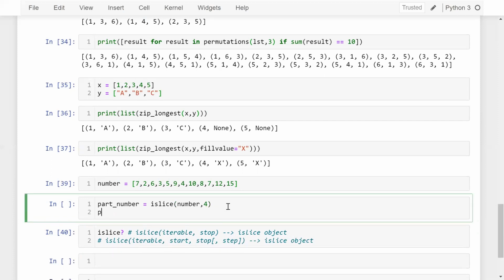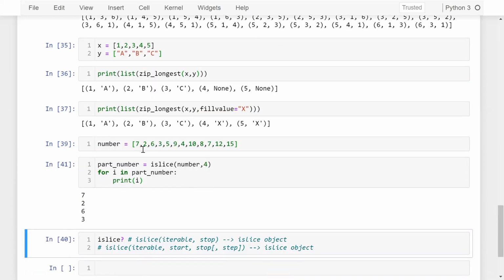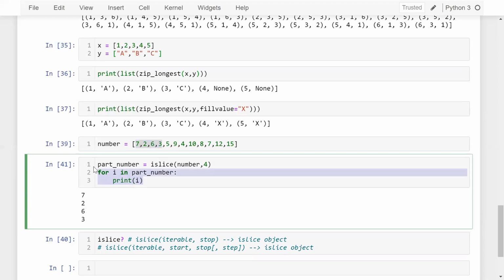Let me define a loop for i in part of number, now print the i. So guys, simple, you can slice your list using slice. We are getting 7, then 2, then 6, and 3, the first 4 numbers.